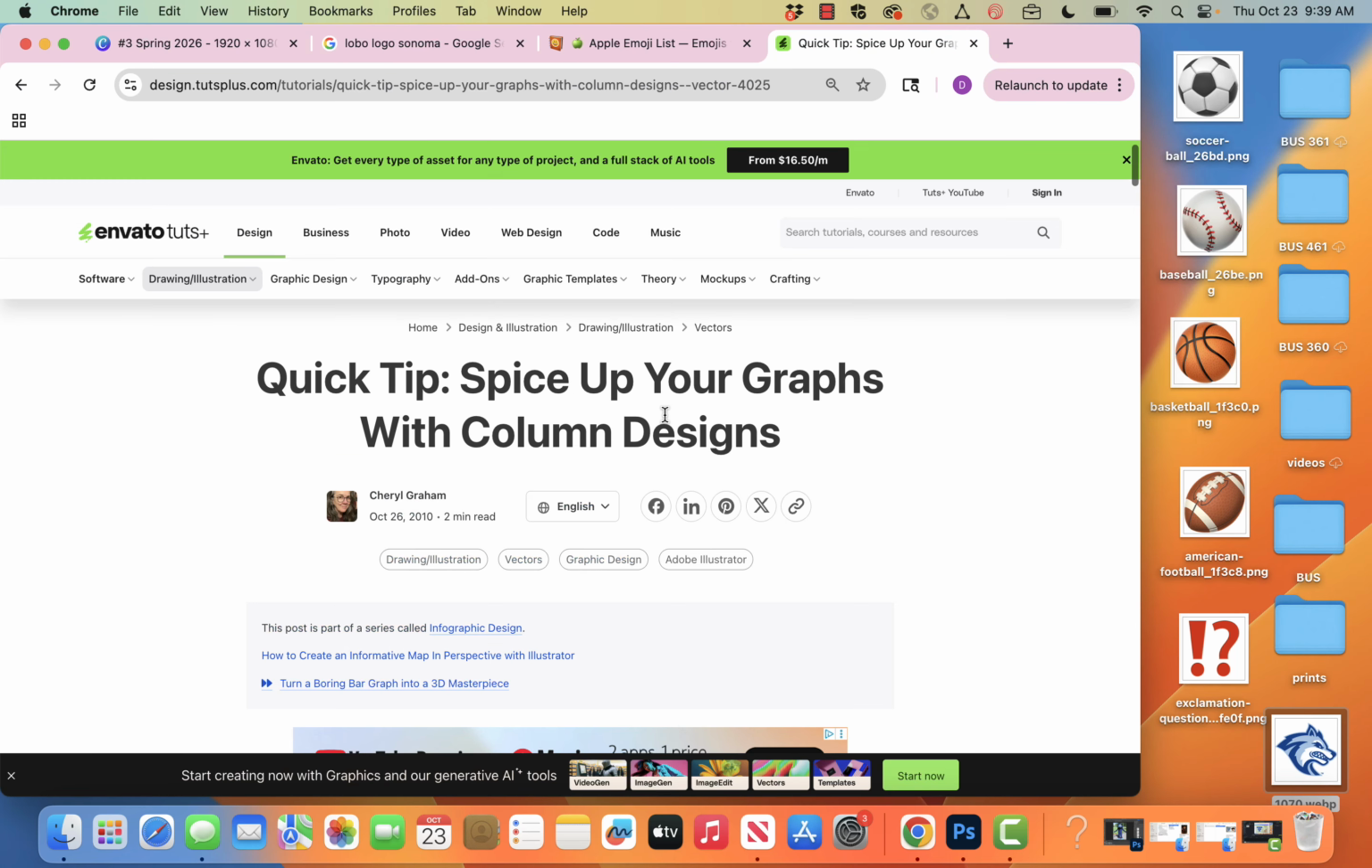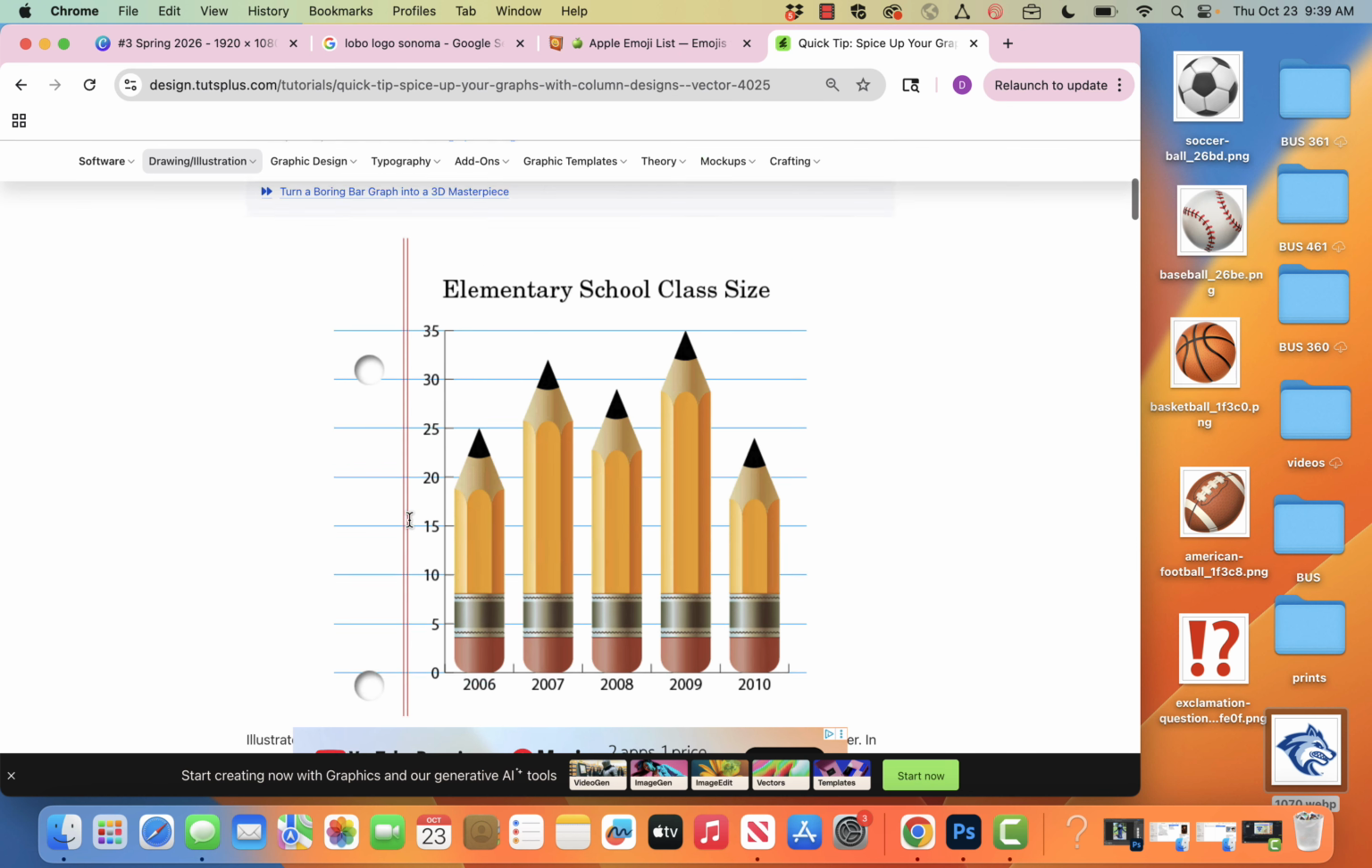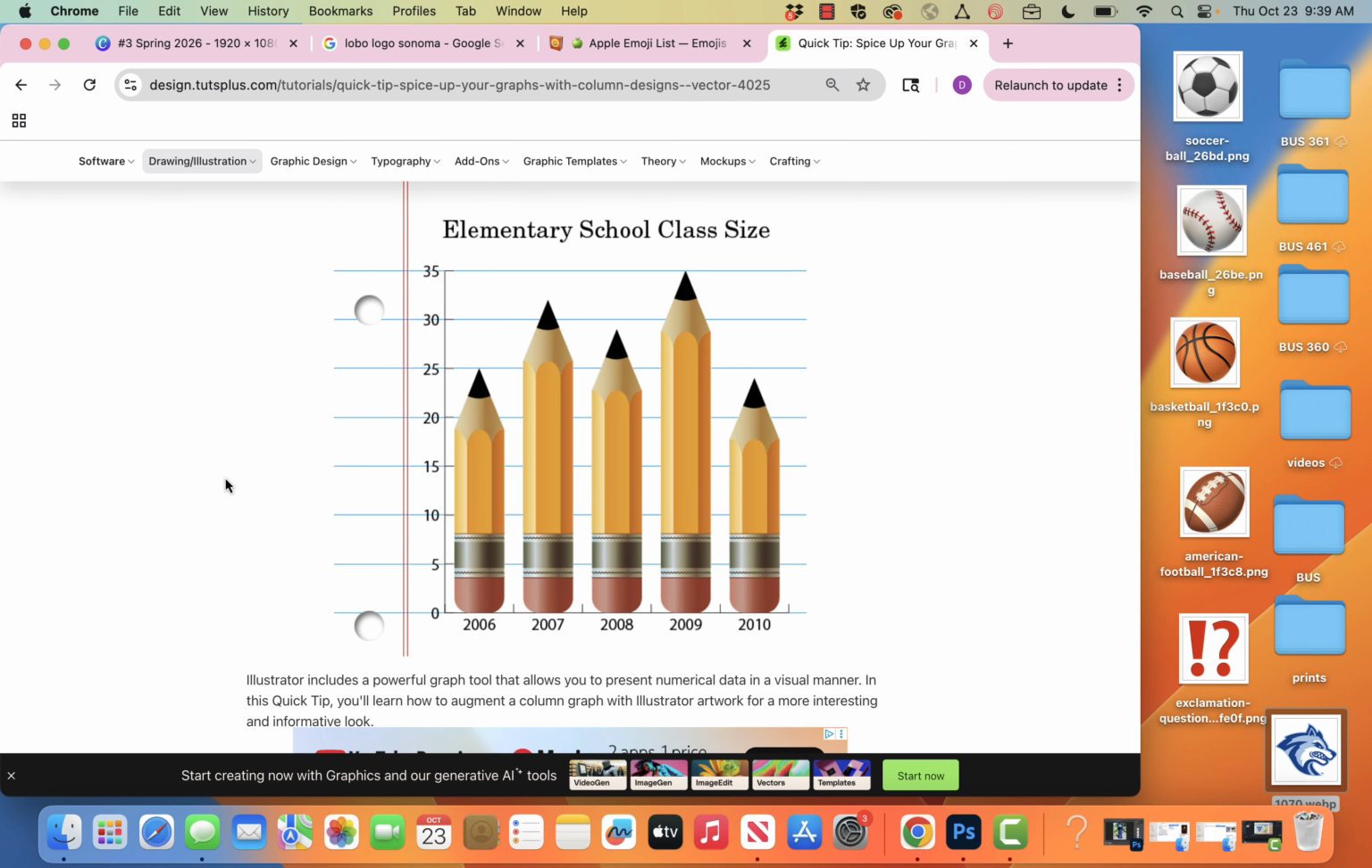Let's see where the post was. 2010, I was into Illustrator, and I just like this design. It's about elementary school class size. So what do you use in school? Pencils. And then in the background is paper, right? So whenever you can make your results, your graphs look nice,